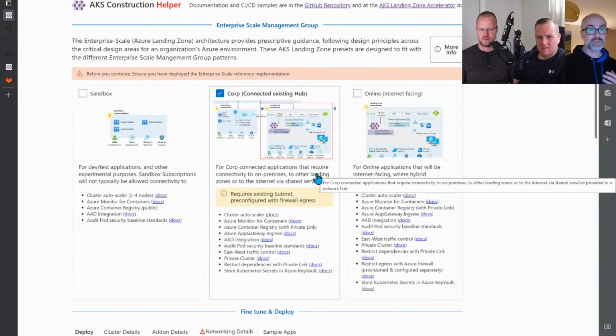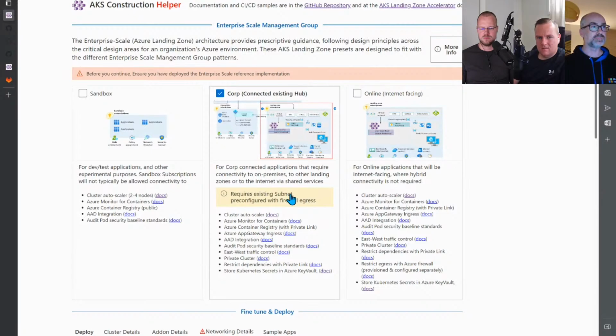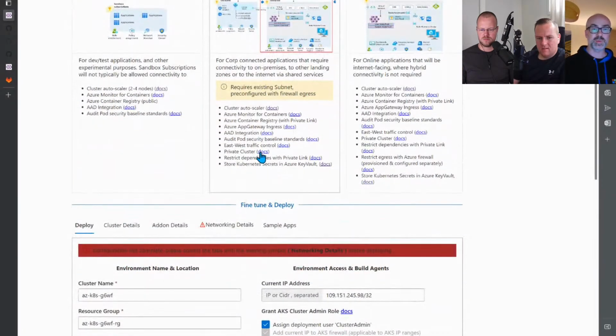What we want to do is dovetail nicely into your managed subscription that's sitting in your management group, but you have to provide a subnet. Typically in these environments, this is how things would work anyway. Customers that use vWAN hub, the subnet would already be there, or big enterprises have a networking team. They would want to be creating the virtual networks anyway. So the whole thing tailors that nicely.